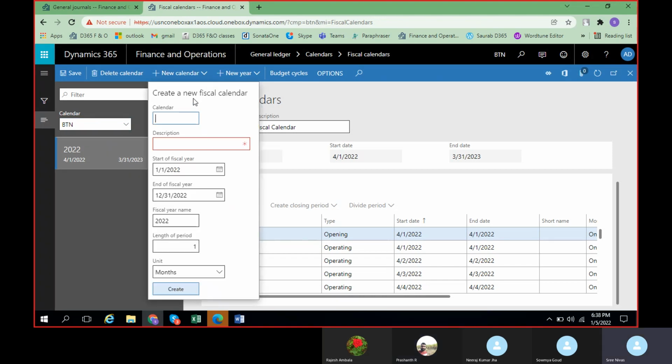No, actually, under new calendar, it will allow us to, okay, here, we'll try to create one more calendar. Okay, let it be January 1st to December 31st itself. And the length of the period, we will try to make it weekly by giving the length of the period as 7. We'll see.